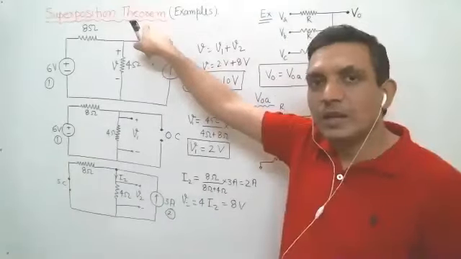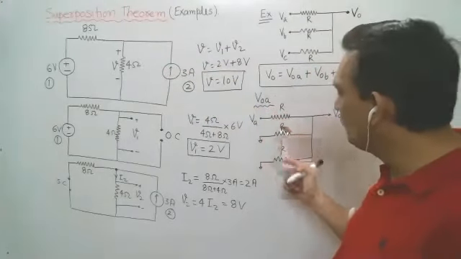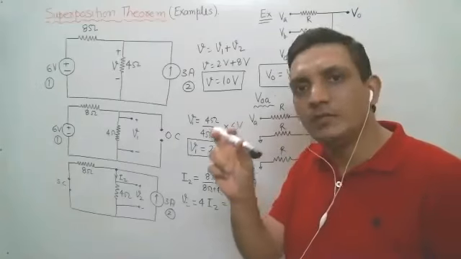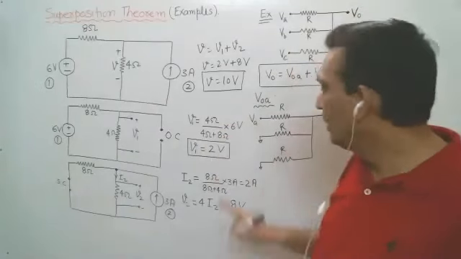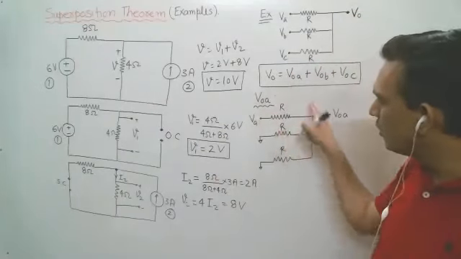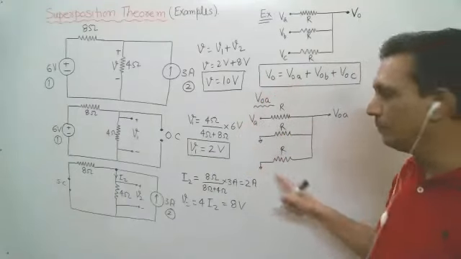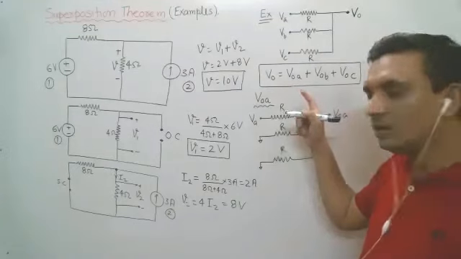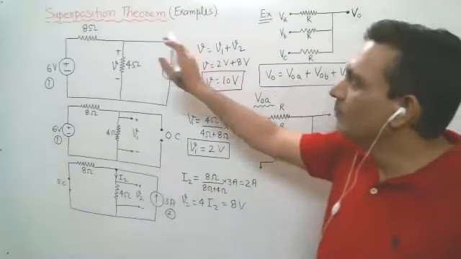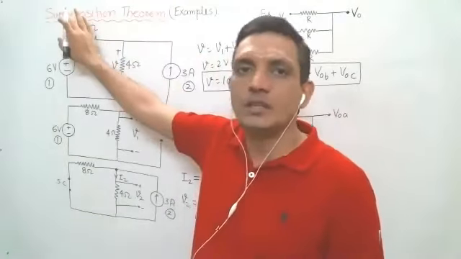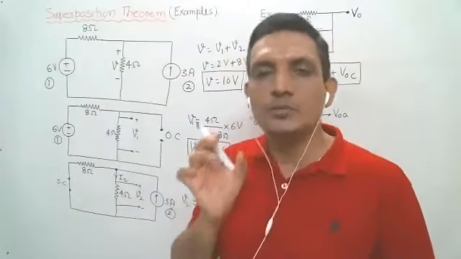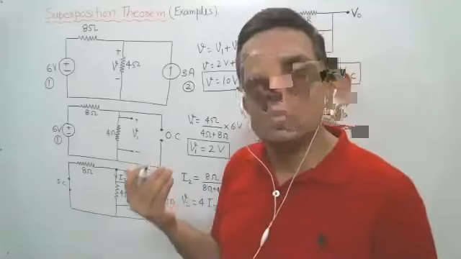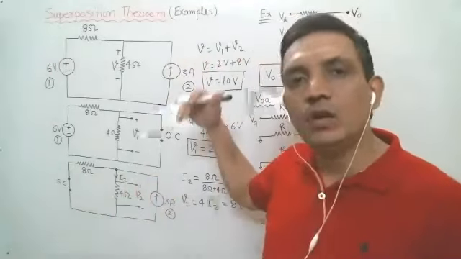So I have written this from the superposition theorem. Now you have to see what will be V0A, V0B, V0C. Your aim is to calculate V0A, V0B and V0C, then you can write V0. So that's why I have drawn the equivalent circuit for V0A. Is it clear? I am applying the superposition theorem. Using superposition, whenever you have more than one source, how to find voltage or current?